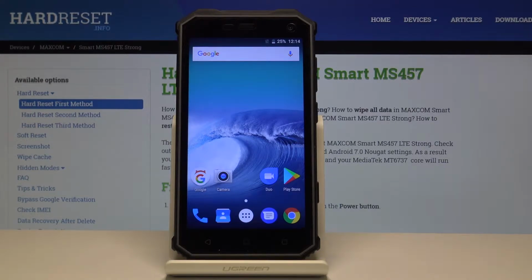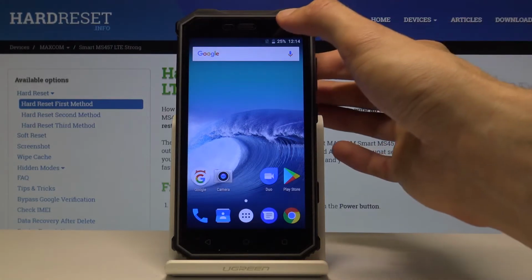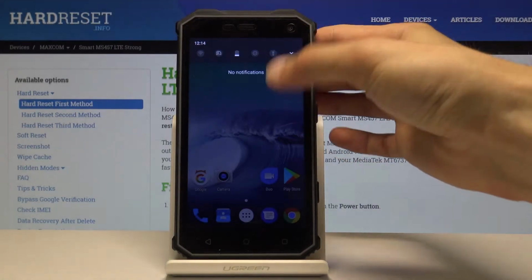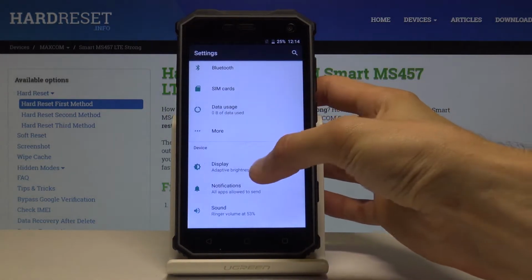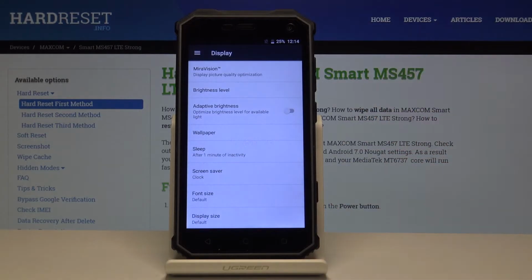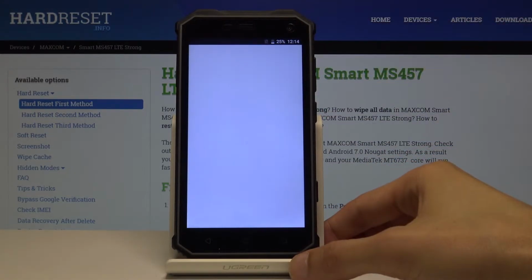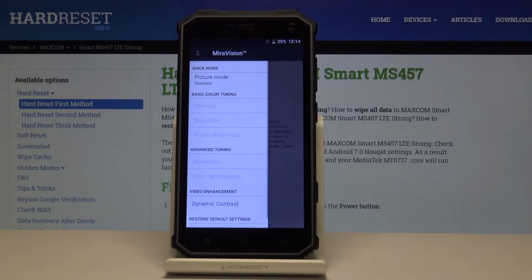So jumping straight to it, we're going to begin with the mirror vision, which can be found under settings and display. So let's open up settings and then go under display. At the top you will see mirror vision, and when you tap on it and on the bars up here